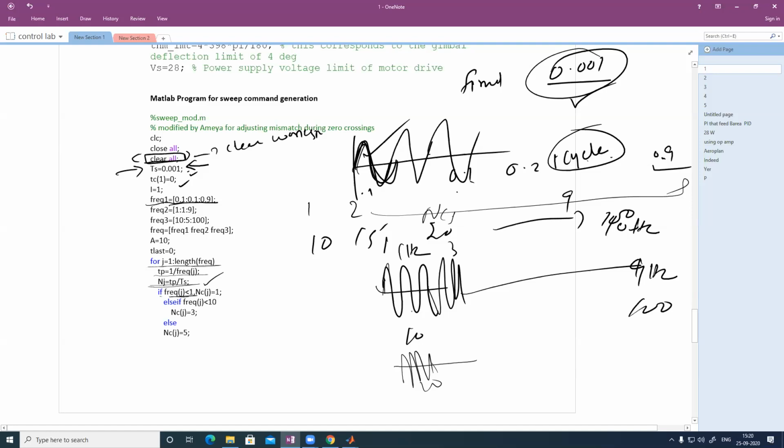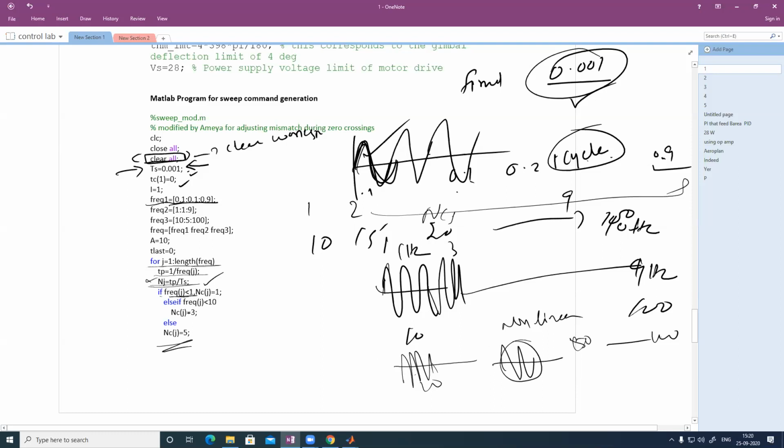For 1 hertz also, within 3 cycles it will attain steady state, but as the frequency is increasing, you have to wait for some time to settle to the steady state value, because it is a non-linear system. So you have to wait 1 or 2 cycles to settle. That is why you are waiting for some 5 samples for 5 hertz to 100 hertz.